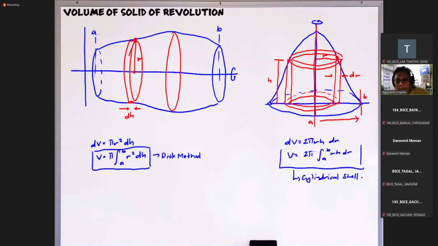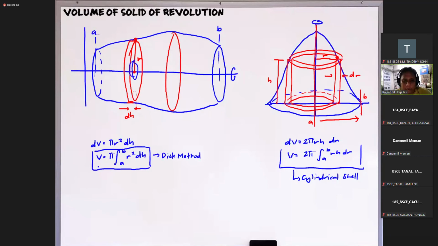Okay? So yung isang method pa na kino-consider natin is the washer method, or the ring method. So yung idea naman doon is pag may butas ka sa gitna. Imagine niyo na lang pag may butas ka sa gitna, kailangan niyo lang siyang ibawas. So kaya pag binawas natin 'yan, magkakaroon ka lang ng outside radius saka inside radius. So yung outside radius babawasan natin ng inside radius.